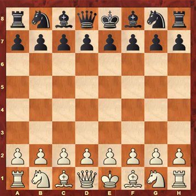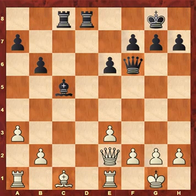This next game is a very nice example of Capablanca's desire to centralise his queen. I think we can just start off at this stage. Capablanca's black against Nimzowitsch. This is from New York 1927, a very strong tournament that Capablanca won with an